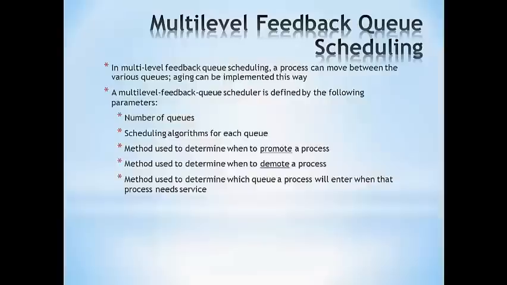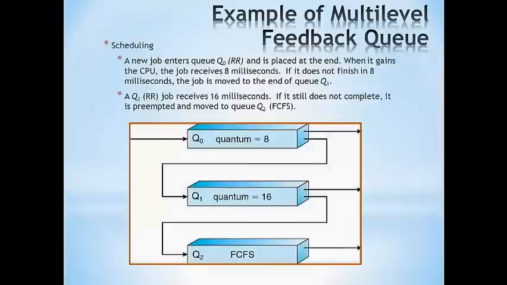So now, let us consider an example of 3 queues: Q0 with time quanta 8, Q1 with time quanta 16, and Q2 with time quanta 32. Here, when a process enters the ready queue, it is put into Q0, so that if the process is not executed within the time quanta of Q0, then it is automatically shifted to the next queue, that is Q1. The process continues till all the processes are executed.